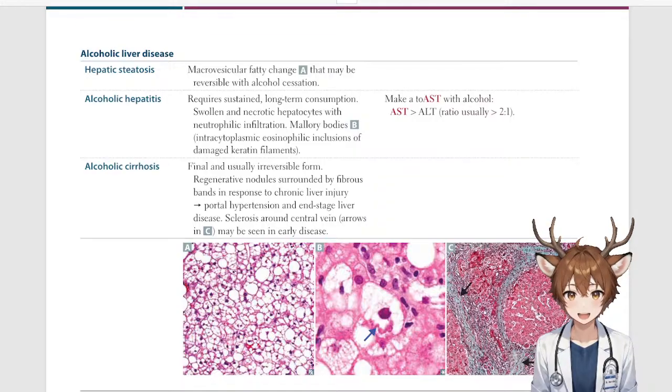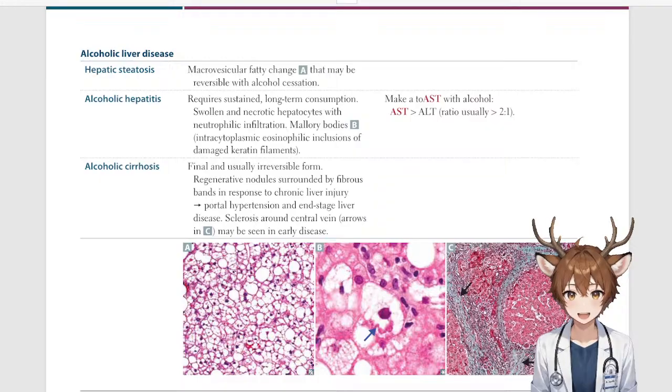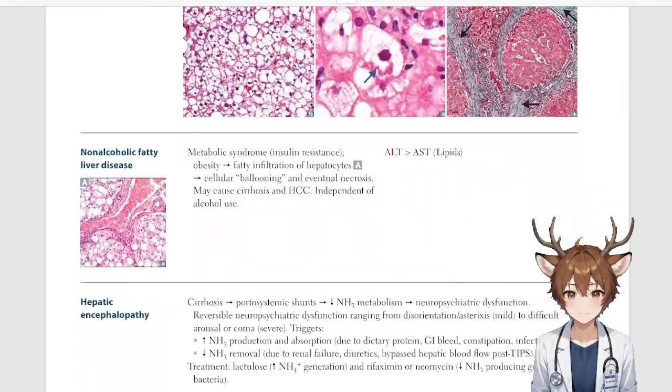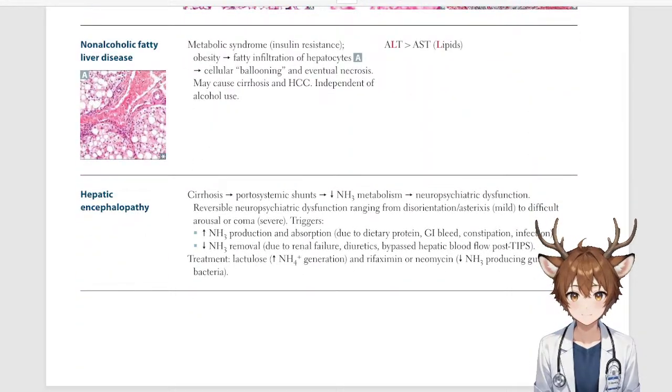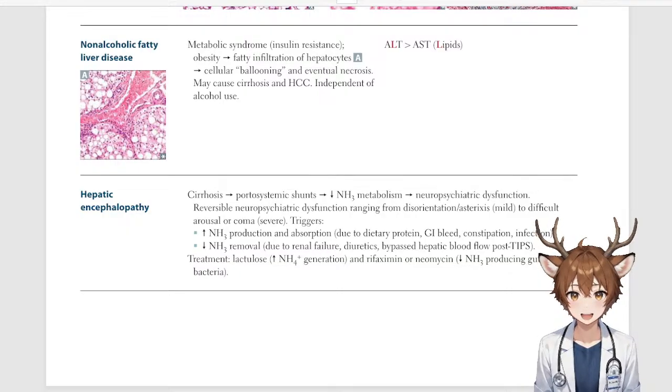So remember, the stages are basically hepatic steatosis, then hepatitis, then cirrhosis. And once you get to cirrhosis, it's typically irreversible. I'm going to go a little bit further into it and talk about steatotic liver disease. Steatotic liver disease, known as SLD,